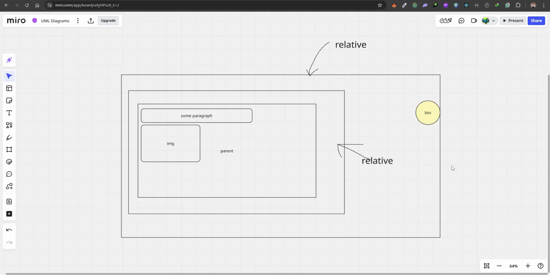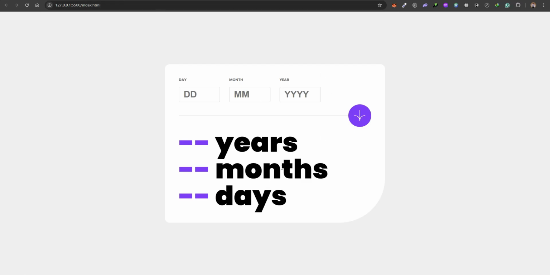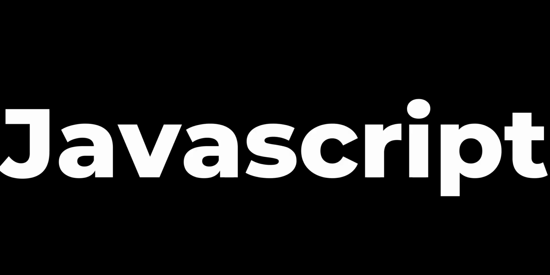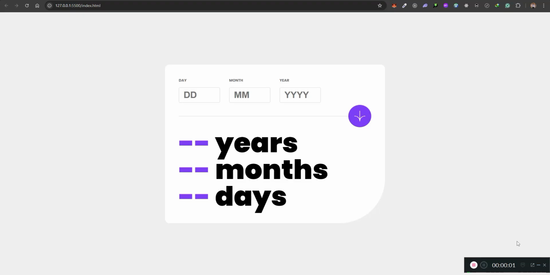So now we are going to be moving to JavaScript to add the functionalities to our application. Okay, so now we'll be moving on to implementing JavaScript so that it can function. Right now, if we do anything, nothing is working. And yeah, so let's go to our JavaScript